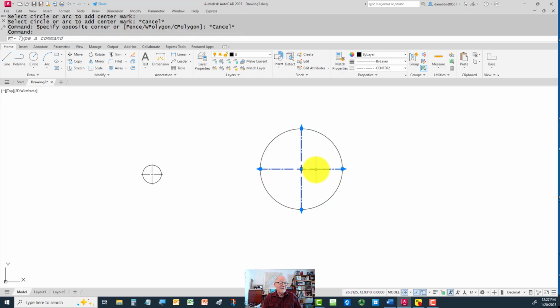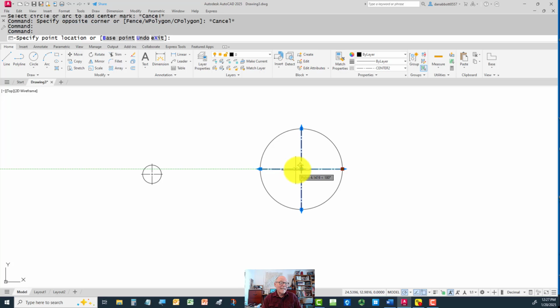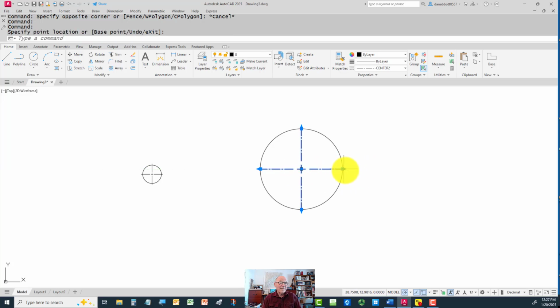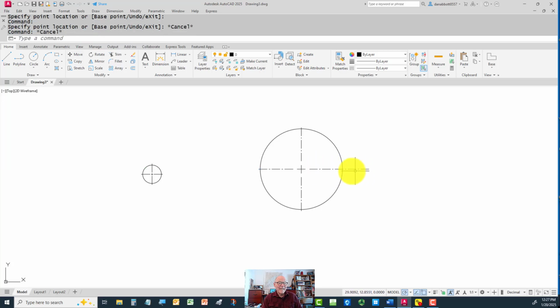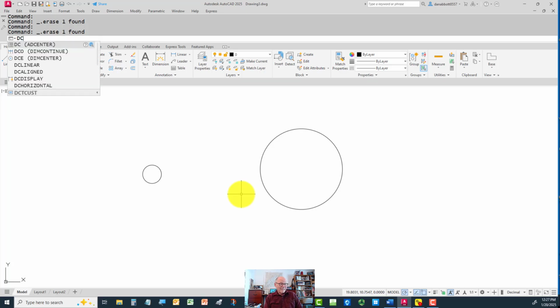It also gives you a center mark that you cannot quite get rid of the extension lines on. You can change them. You can make them longer and shorter. But you can't bring them all the way back or get rid of them altogether. They're just one entity. As a center line tool, it's a little better, but the center mark tool should never be used. There is a command called DIMCEN,